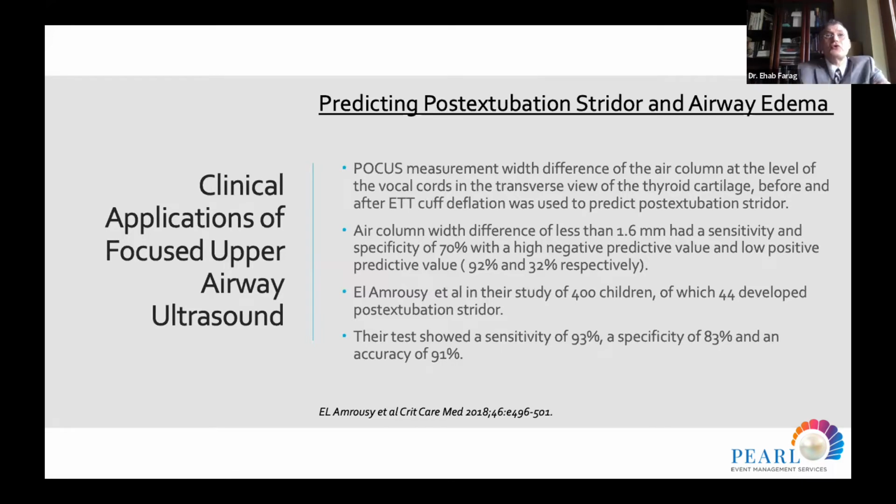The first group talking about that was the Ding group, in 2006, and they did something very interesting. They measured the difference in airway column at the level of the vocal cords in the transverse view of the thyroid cartilage before and after endotracheal tube cuff deflation. So before extubation, they measure the airway column before deflation and after deflation